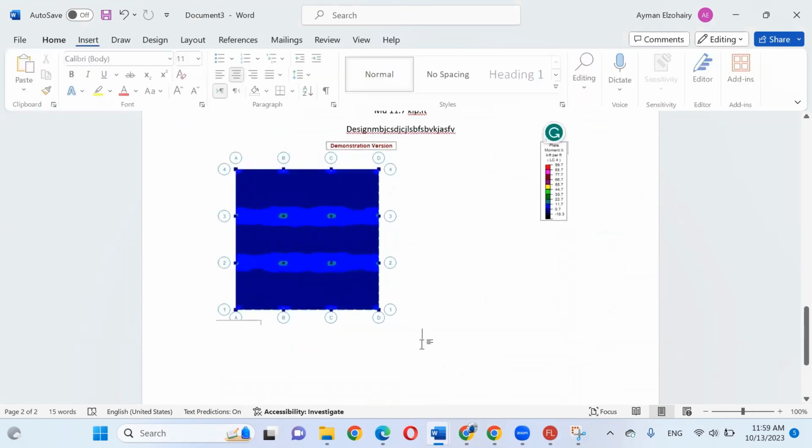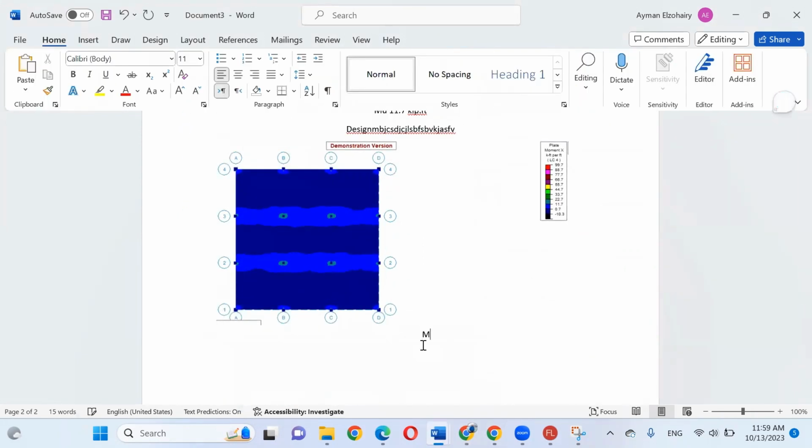I can write here MX in vertical direction. The value of M ultimate equals 11.7 kip-foot. And I can make my design.